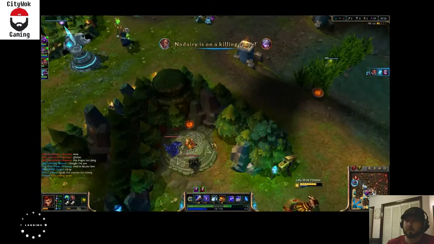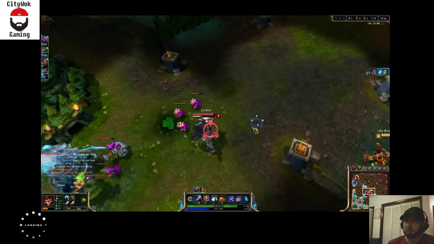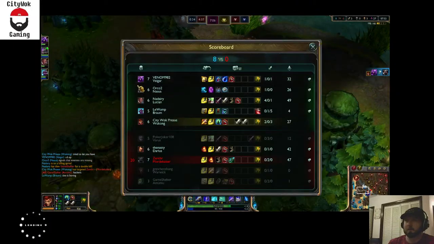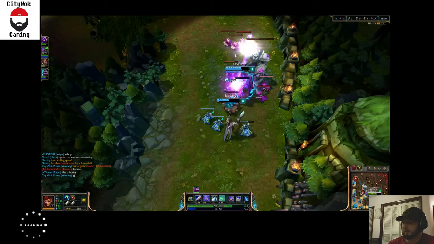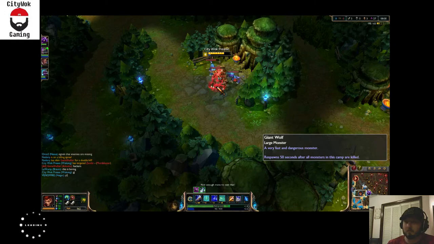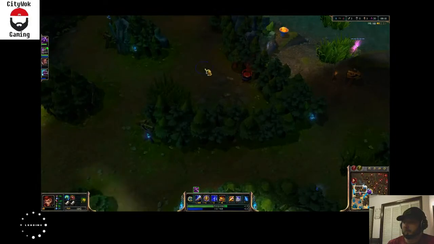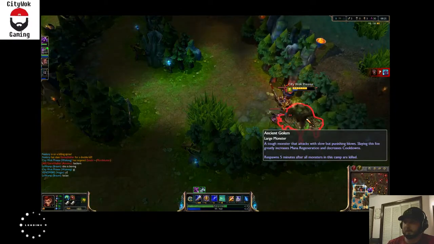I think we could actually take him again. I got the red buff, so I know we got the slow on him. There you go. Good job. So did Nasus die? No, he didn't. Okay, he just backed. Just want to make sure. So bot lane is doing pretty well, it looks like. Lucian's 4-0. So we got 8 seconds left on our blue buff. An ally has been slain. Oh man, just lost a bot. Not good, but